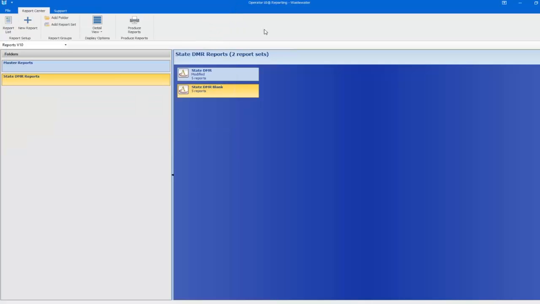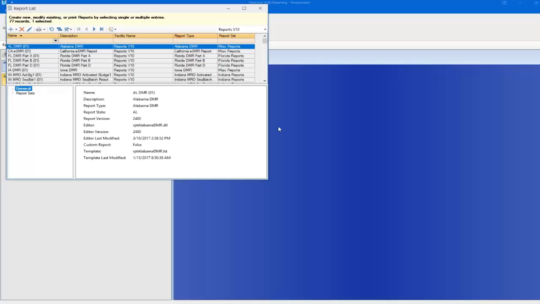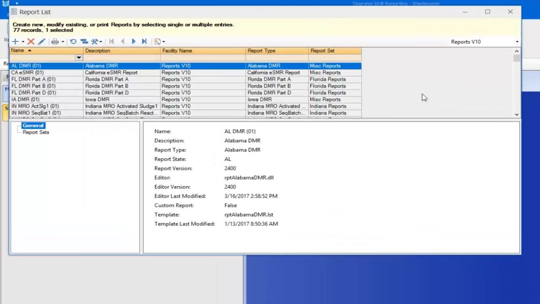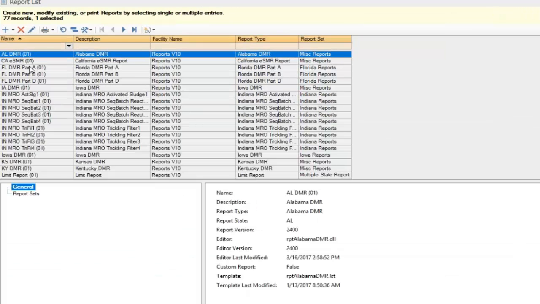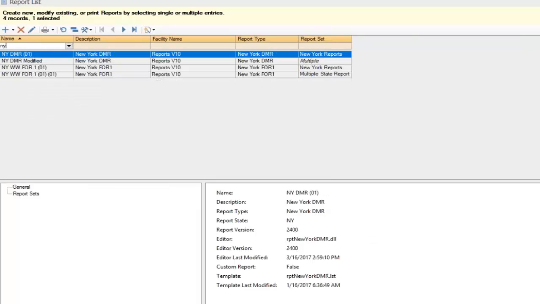One thing to keep in mind when you are producing reports is that you also have the option of producing reports from your report list. So instead of selecting your report set, you can go into your report list, and this might be useful if you're not necessarily producing reports for a particularly defined report set. Maybe it's in between months and you just want to produce a specific report instead of going through your report set. You can go into your report list, and from your report list you'll be able to search through your grid, and you can find any reports based on name or whatnot that you want to report,